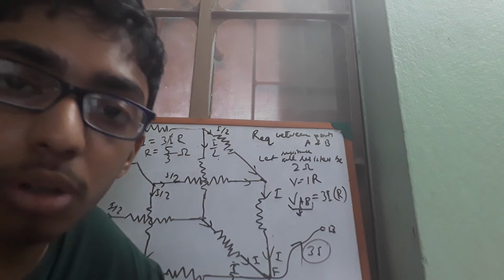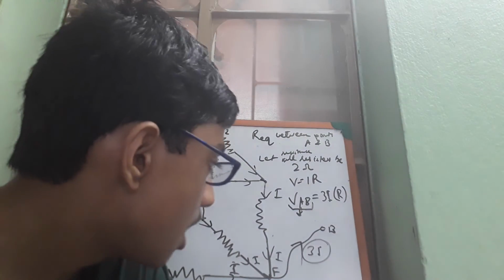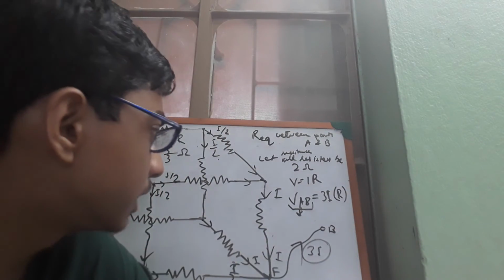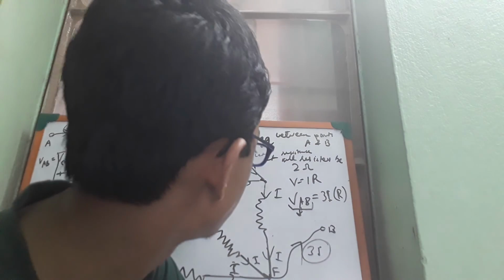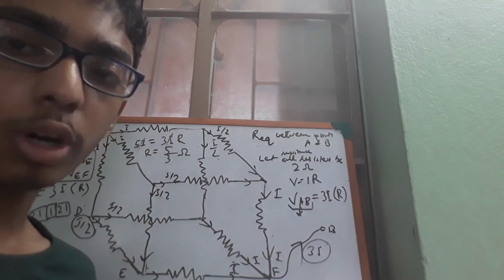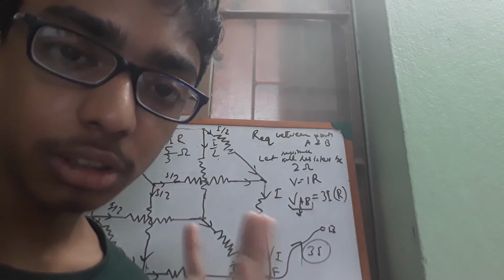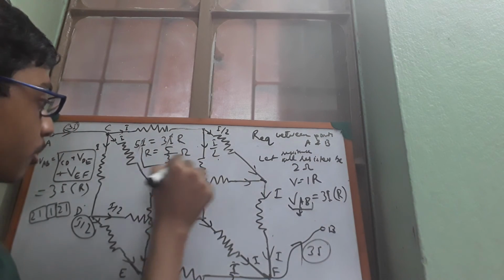I actually explained it to you, that's why it took a lot of time, over 14 minutes. But in the exam, if such questions come, or if you need to solve it fast for whatever reason... I mean, I am focusing on the concept. I'm not preparing you for an exam or anything. I'm just focusing on the concept. So the concept is this: R comes up to 5 by 3 ohm.